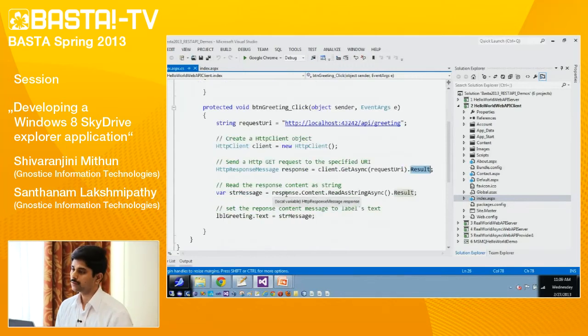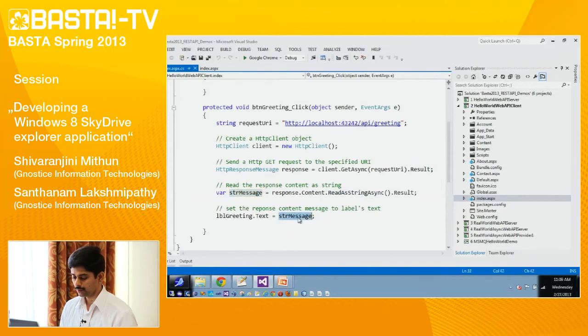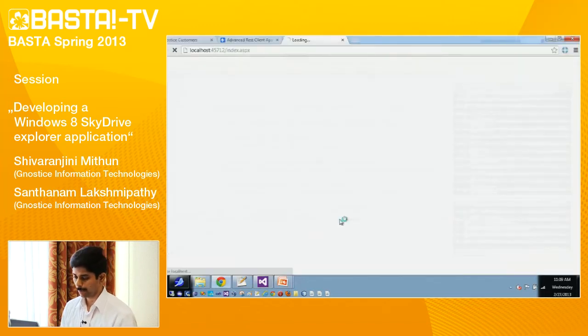From the response object, we get the string content and store it in the string variable here, and the string variable is assigned to the text property of the label. We will run this example. Let me click on this. Yeah, that's the response.